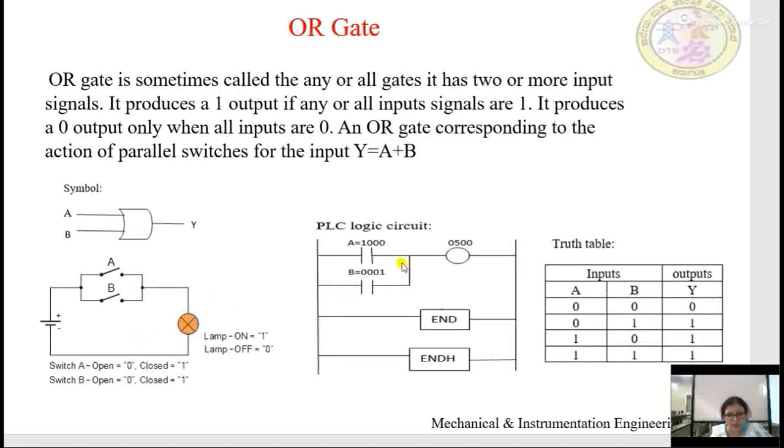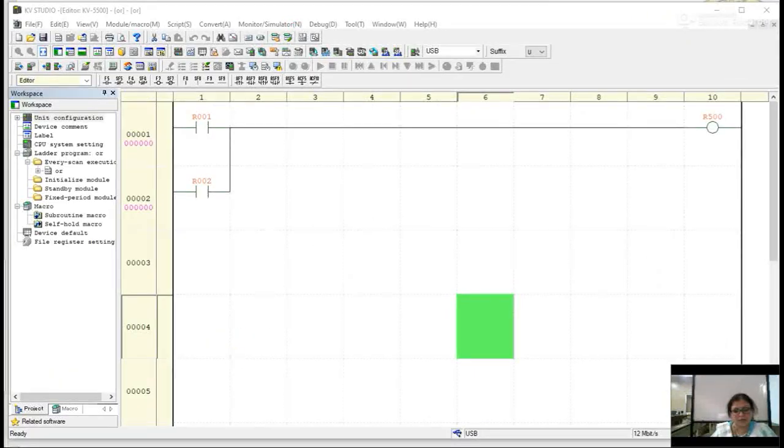So the same logic we are applying for the ladder diagram. We have considered two switches, that is A and B. Okay, what we were discussing in the OR gate logic on the PPT, we are going to check through the PLC simulator.